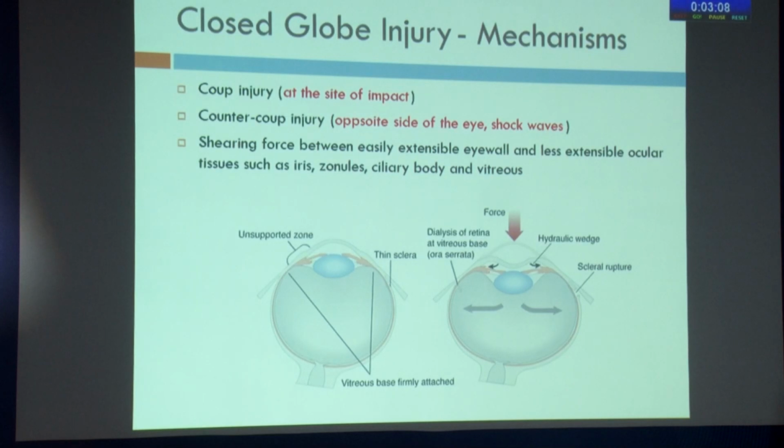Coup injury means that the injury is happening at the site of impact, and contrecoup is basically the injury that happens directly opposite to the side where the impact has happened, and it is due to the shock waves which are traveling from the site of impact to the posterior pole. So there is a compression and then a decompression of the globe. During the decompression, the globe rebounds more than its normal shape and can cause various contusion injuries inside the